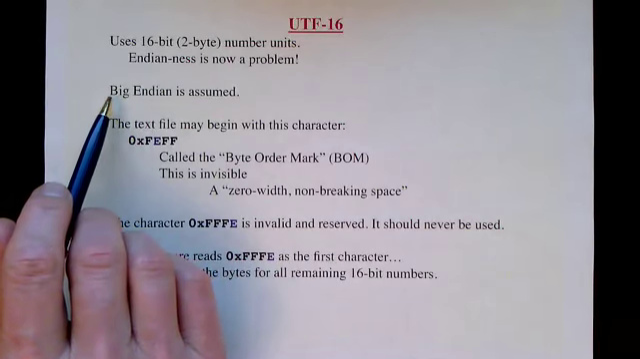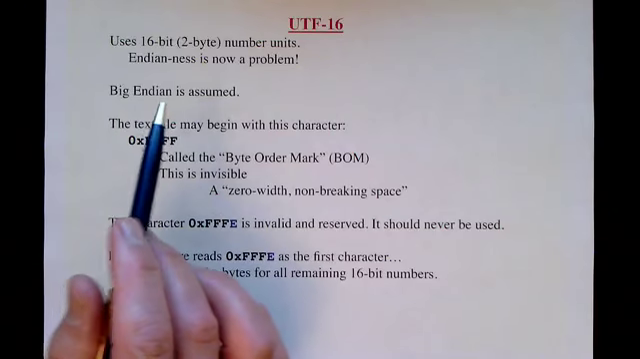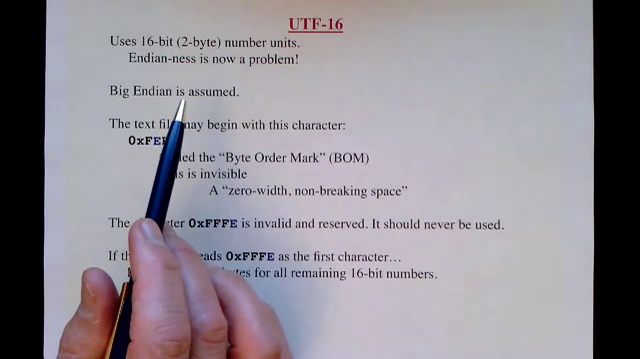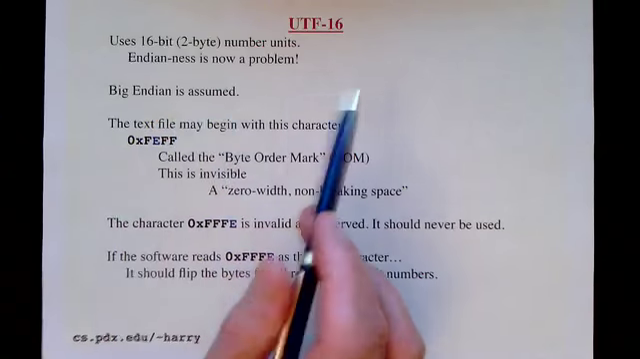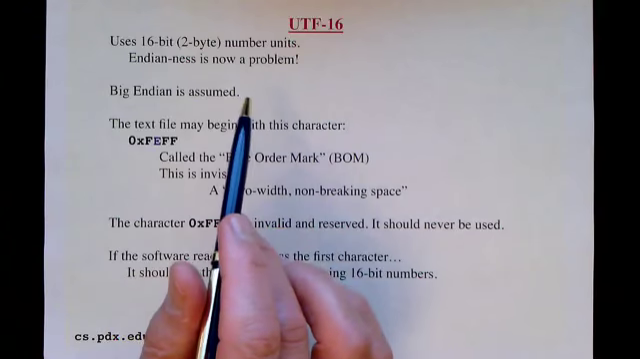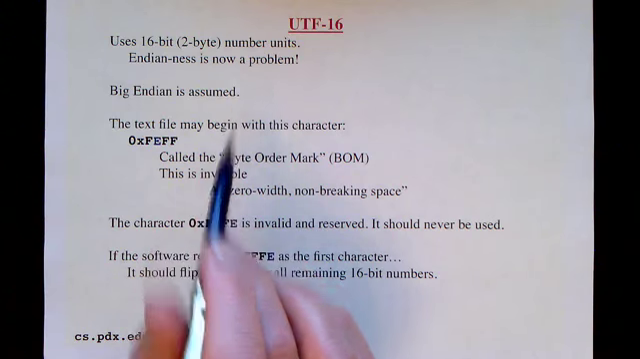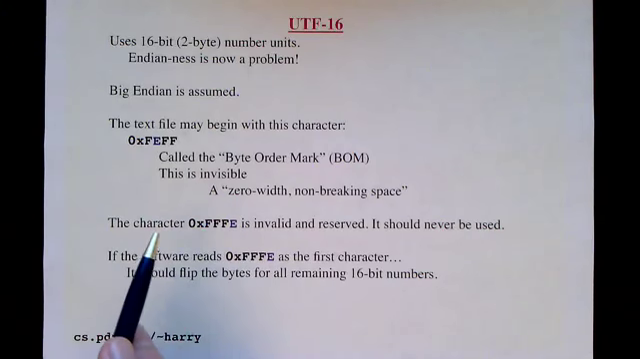To process a UTF-16 file, we read in a sequence of 16-bit numbers, one after the other, and then we interpret them as characters. And as we read those in, if we don't know any better, we'll assume that these numbers are stored in big endian order. However, it's also possible that a UTF-16 file can be stored in little endian order. But in that case, there has to be a special indication so that the software that reads in the file